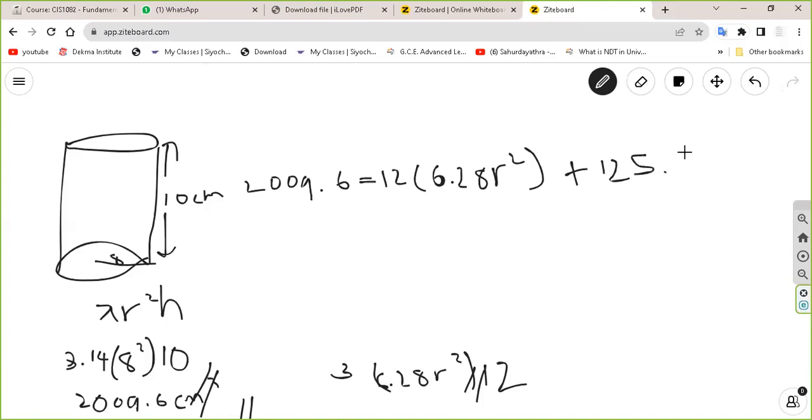This is the waste in volume. So you have to subtract it to get r squared. Easy task. So you have to subtract